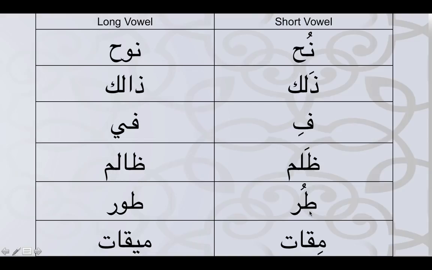Another example I've created is for the letter Ta. On the letter Ta, I have placed the diacritical mark, the damma, and I have created its cousin long vowel letter, the wa, and I've connected it to the letter Ta. And if this word was to be written with the letter Ta with a damma on it, this would be pronounced tur. Tur. طر. But when you replace that diacritical mark, the damma, with the letter wa, the long vowel wa, it becomes